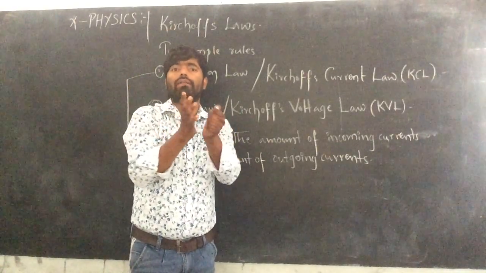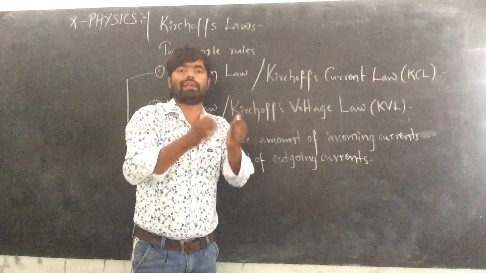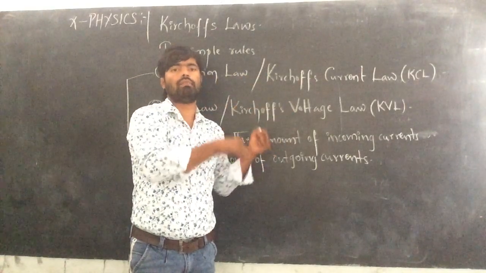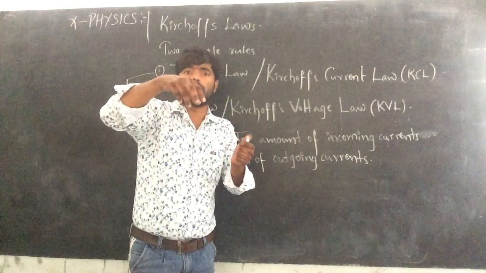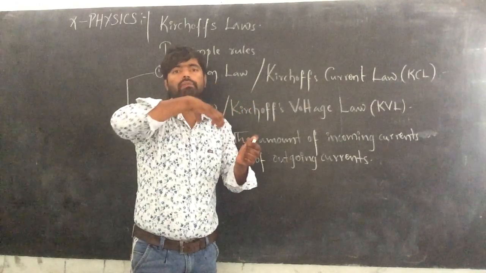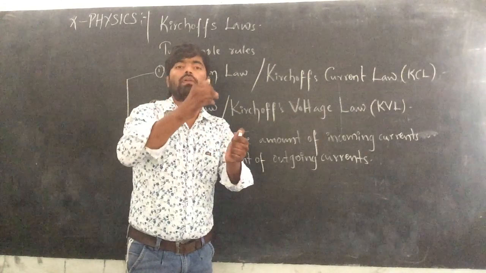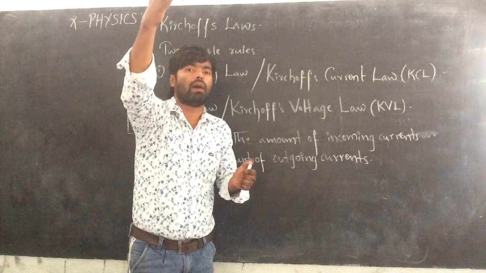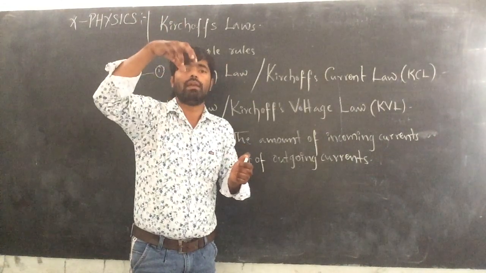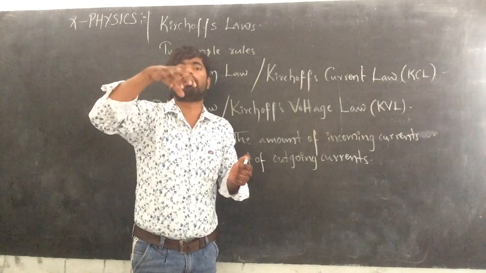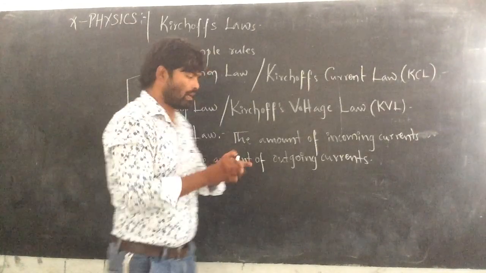From that meter, we are distributing the current in our home. We are connecting it to a fridge, a bulb, a washing machine, and in different ways. The total amount of current that is distributed to the different devices must be equal to the amount of current that we are drawing from the electric pole. Hope that you have understood. Here, the meter is the midpoint. We indicate that with the letter P, and we call it a junction.